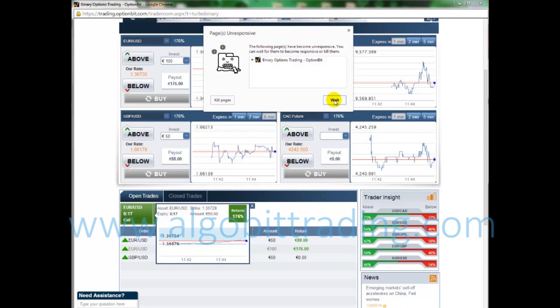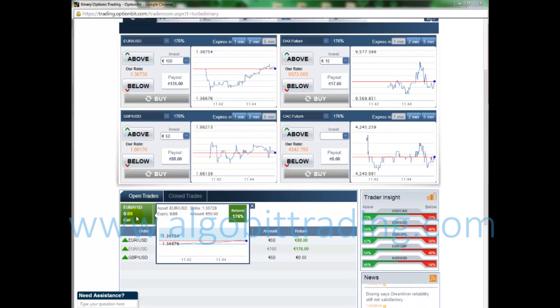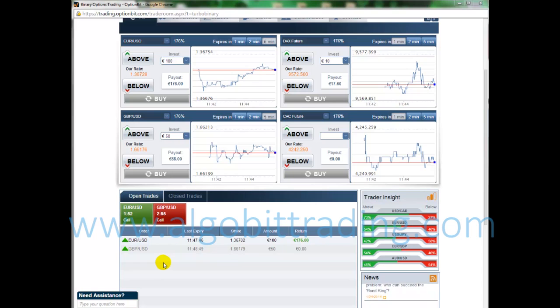So if the box is in the green, when the timer runs out, I will earn additional €33 on my initial €50 investment. So the first trade expired. You can see it was in the green. I just made €33,